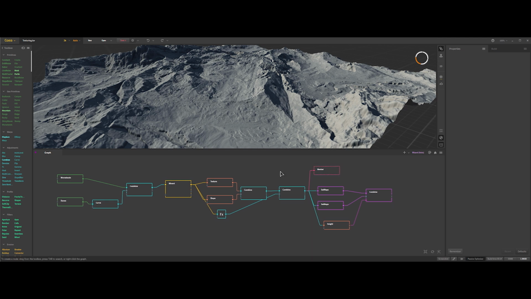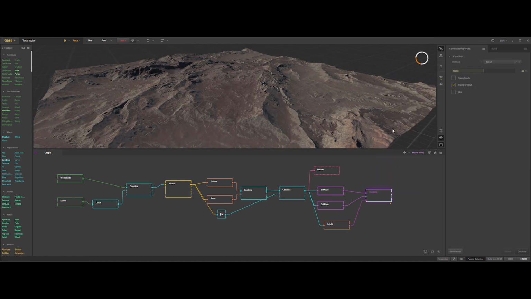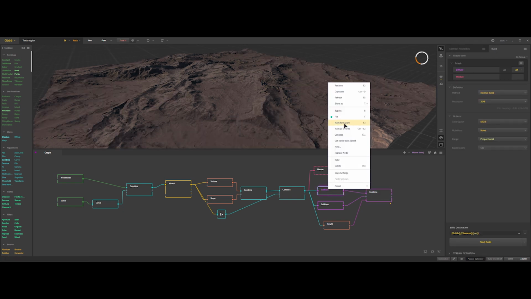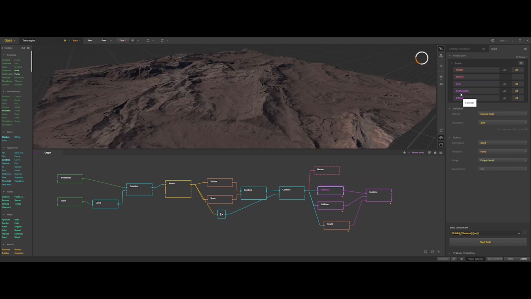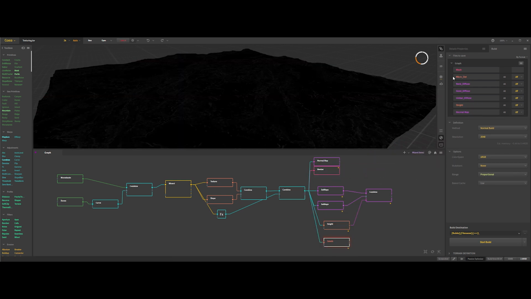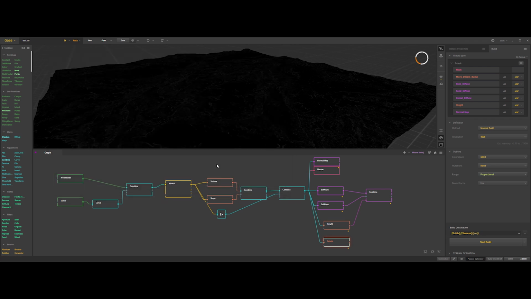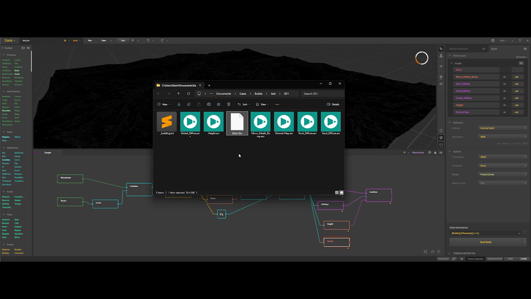You're in complete control here, so tweak it as needed. Now for the textures. Right-click any node you want to export and select Mark for export. This makes sure you get maps for the selected node. For example, let's name this one Diffuse. But we are not stopping there. I'll also export the SatMaps and the height mask. Then even throw in a normal map and a details node for the micro details as a bump map. Just mark them all for export and you're golden. Once everything is set, hit build to start the export process. Let Gaia do its thing. When it's done, you'll have an FBX file ready to drop into any 3D application. And just like that, you've gone from concept to production-ready terrain.